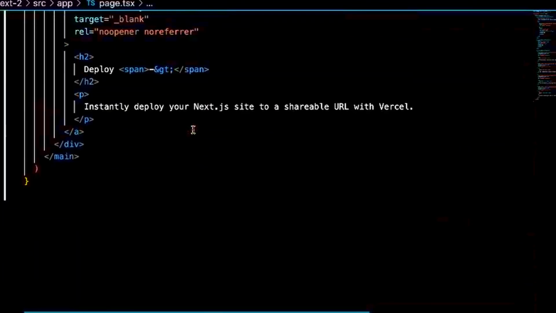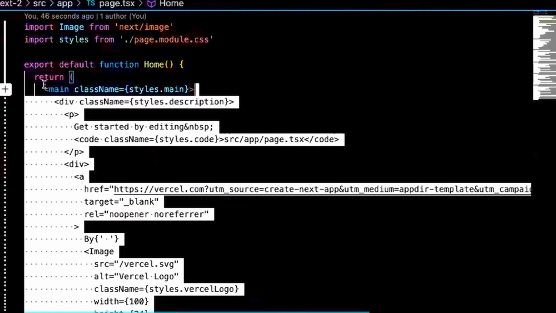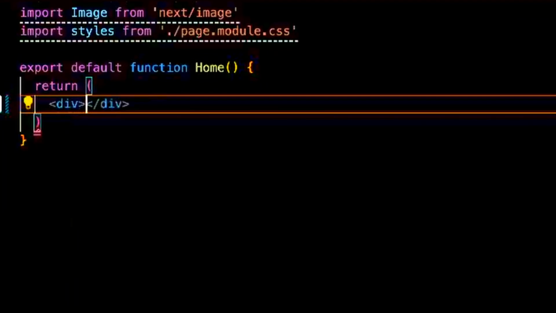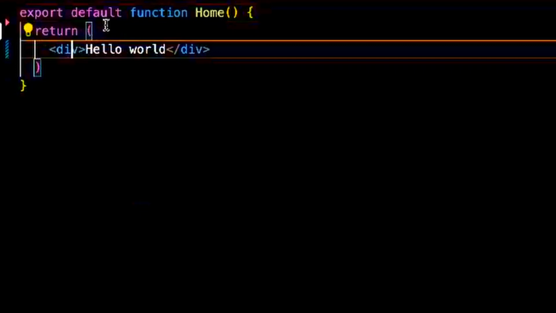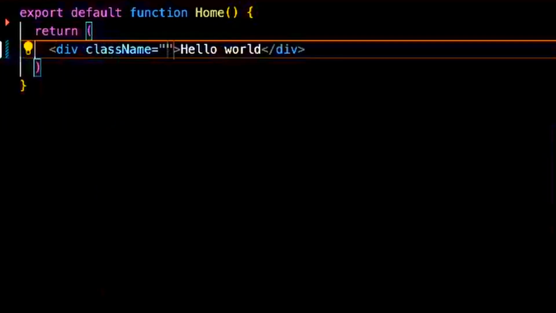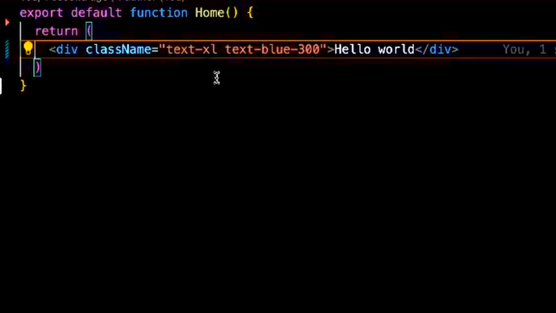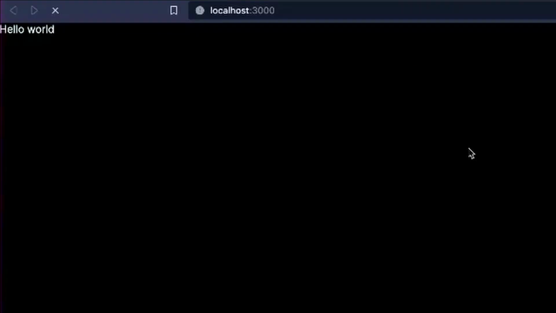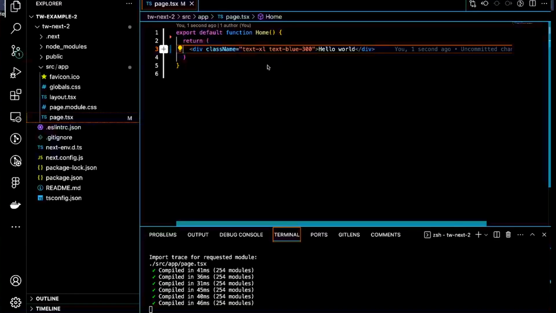And so what we can do again to check that is to delete all of this, and we can set up a div, and we can say hello world. We can delete those things, and we will put in className text-xl and text-blue-300. Now we don't expect this to do anything, and it has not, even when we refreshed. Perfect. So Tailwind CSS has not been implemented in this yet,